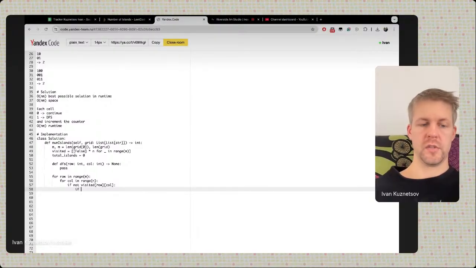There are two scenarios. If grid of row and column equals 0,